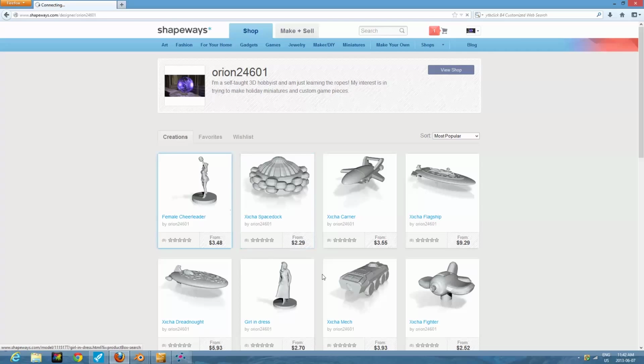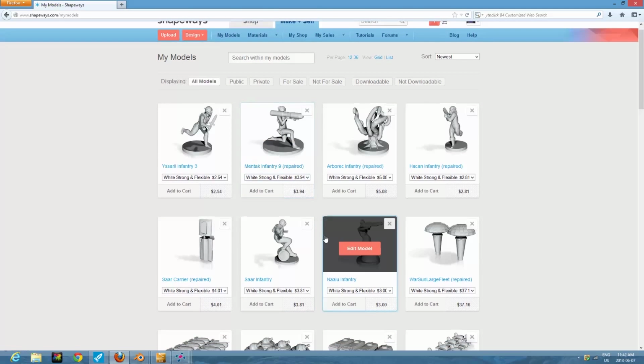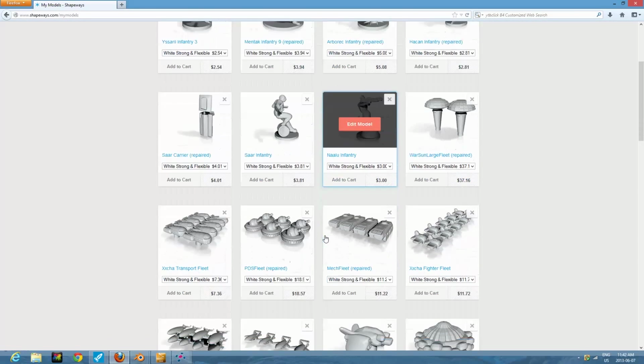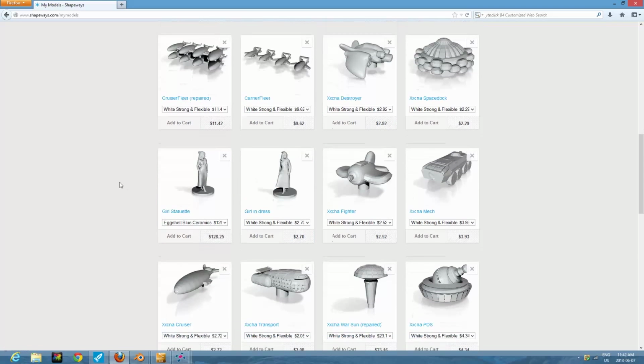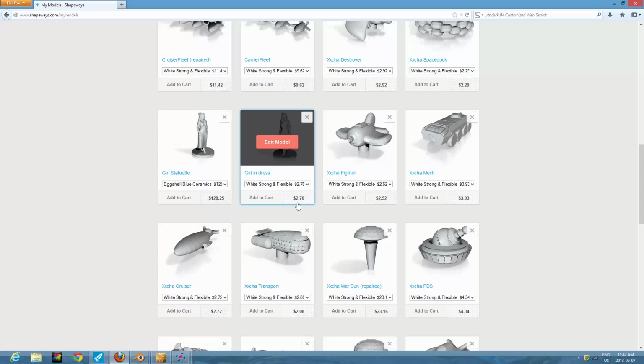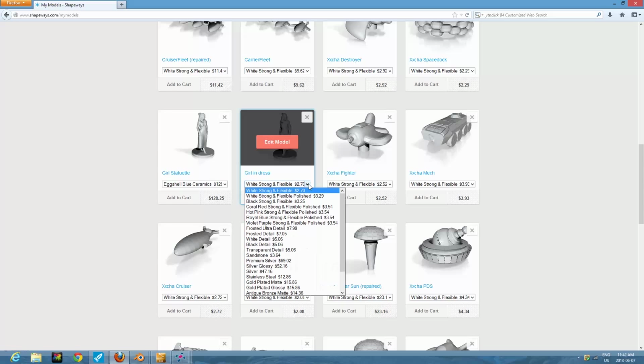Oh, it's already here. So this is girl in dress. That's the same. There she is. There you go. So that's what she looked like when I uploaded her. That's the price if I wanted to order her. You'll notice in